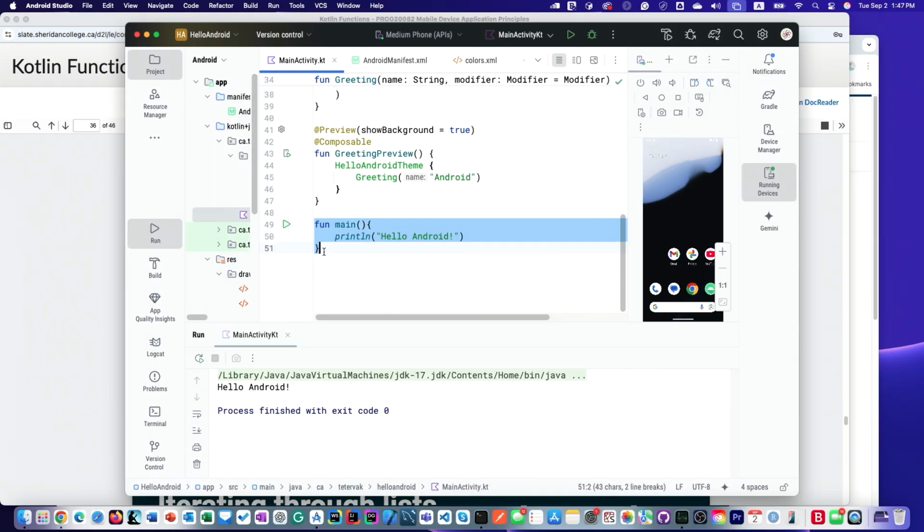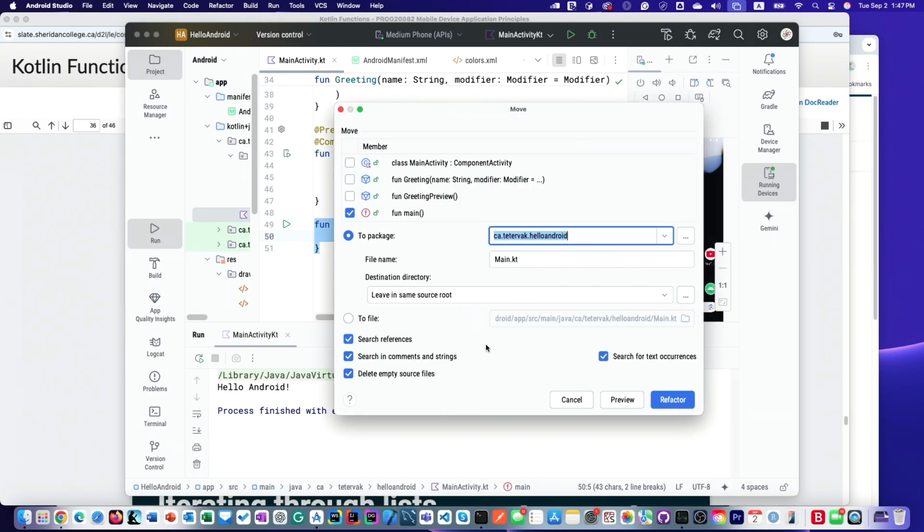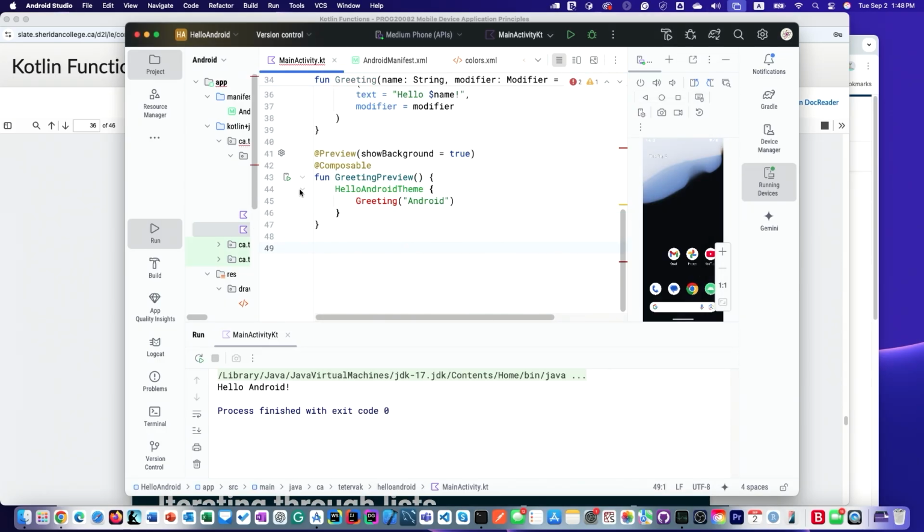So let's move it to some other file. I highlighted it, I right click it and I go refactor, move. And it suggests I create file main KT. And this way it will move it. Are you with me? Refactor, move. And now I say refactor and